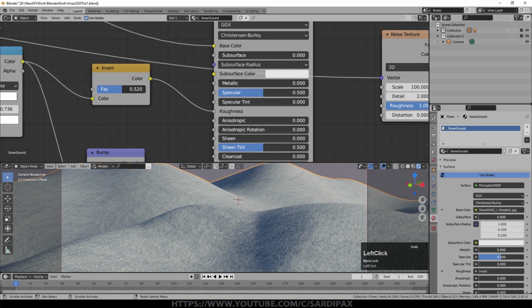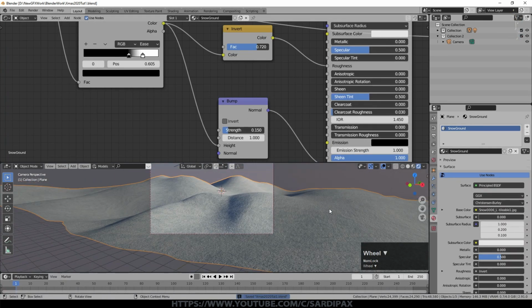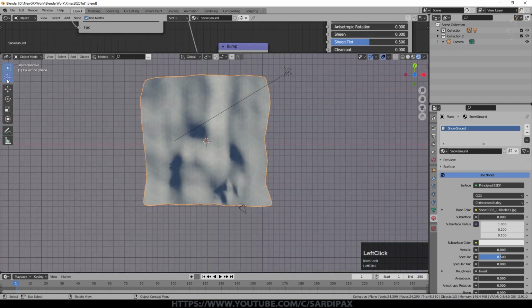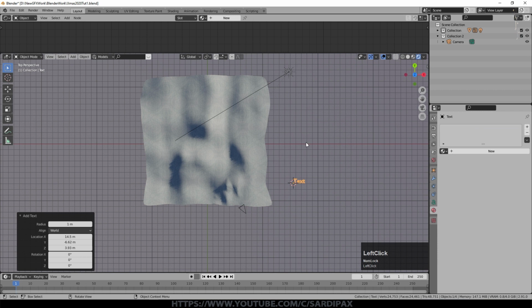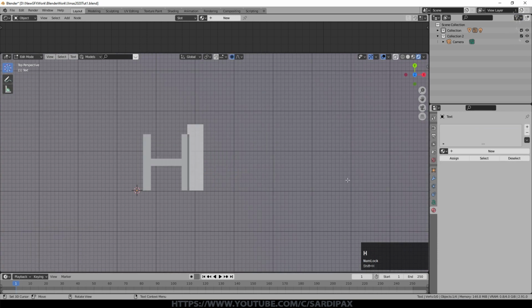You can see it becomes a little bit shinier and more reflective if we go this way with the invert. And obviously you can alter which parts of it are more lumpy and bumpy and with shiny speckles here. So now we need to do some text. So I'm going to put my 3D cursor over here and then add text. So we can just type some text now. Best tab to go into edit mode there.